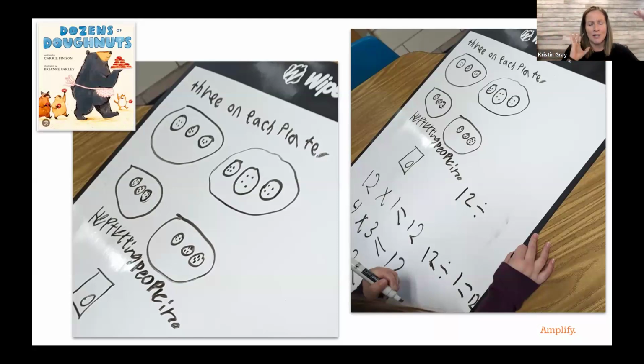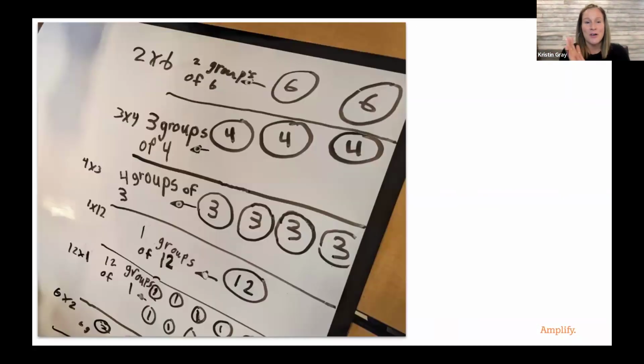This was the only group that I actually caught the beginning and end. The rest of it just, once class starts going, conversations go crazy. But you can start to see how students had various representations. So this group started with the 2 groups of 6, the words and the drawings of each of the plates